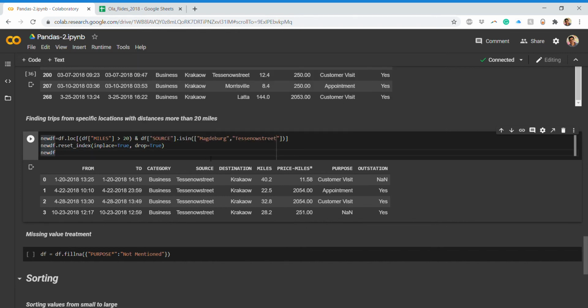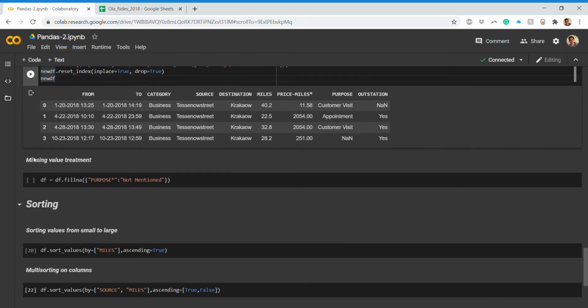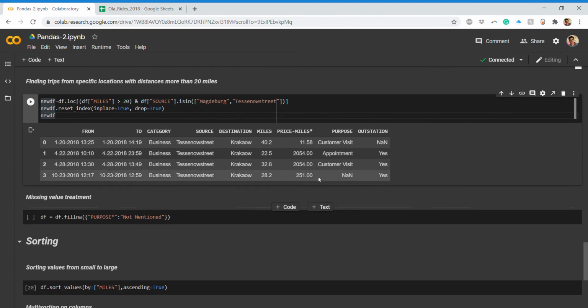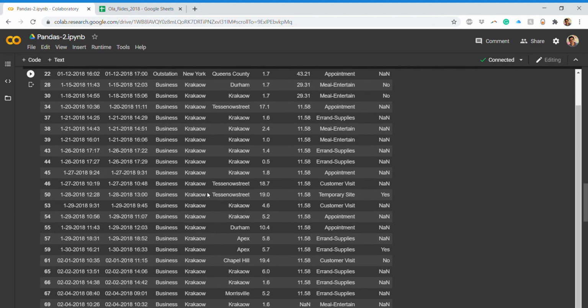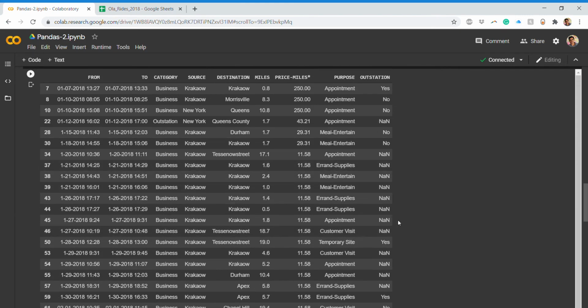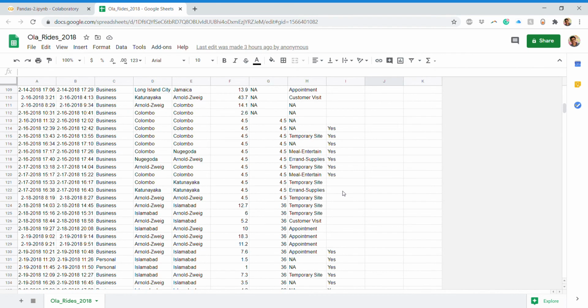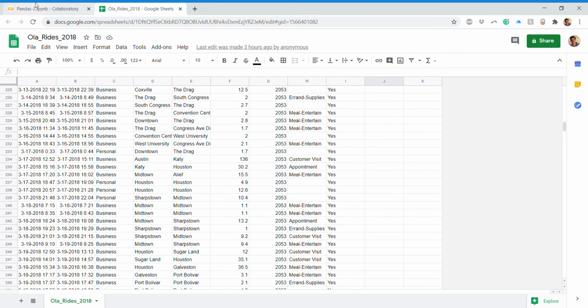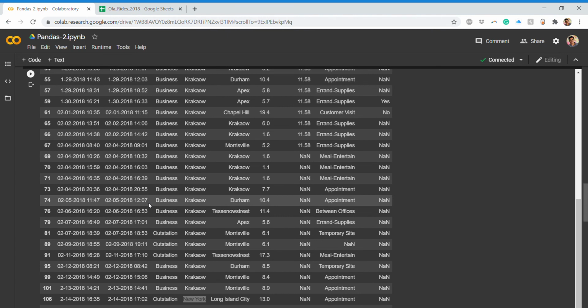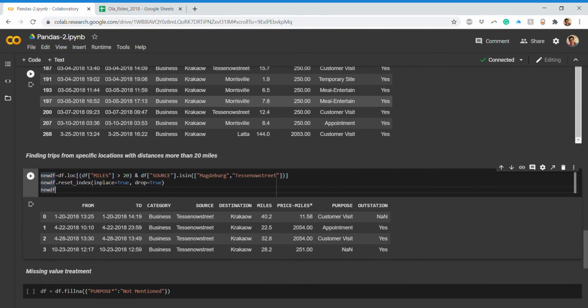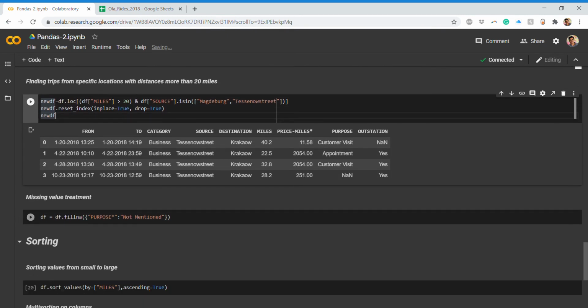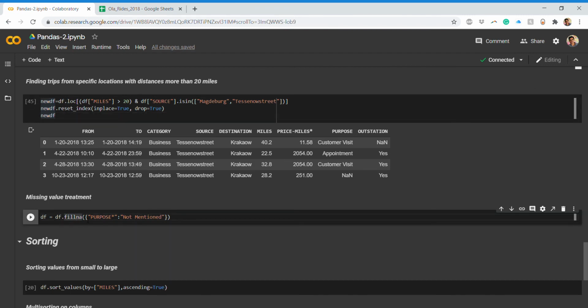So this was a basic kind of operation that is commonly used in all these practices when you extract the data. So next we move on to something called missing value treatment. From the beginning we have been seeing there are many NaN values, or many empty spaces in between all these things. So how to remove that basically? Is there any inbuilt method or functionality which is applicable? So there is one particular method that is called fillna.